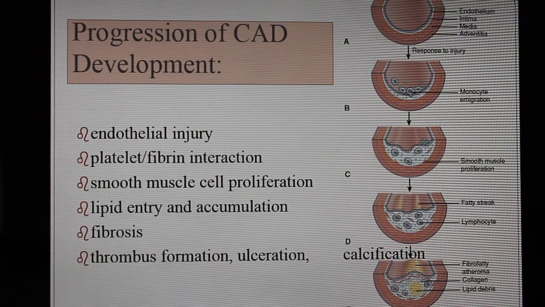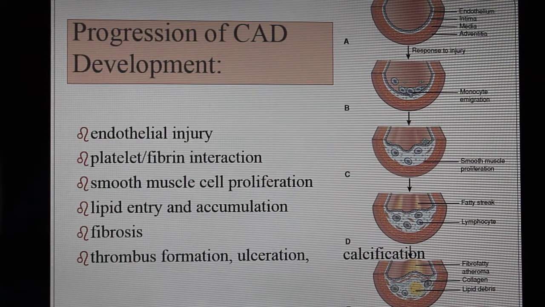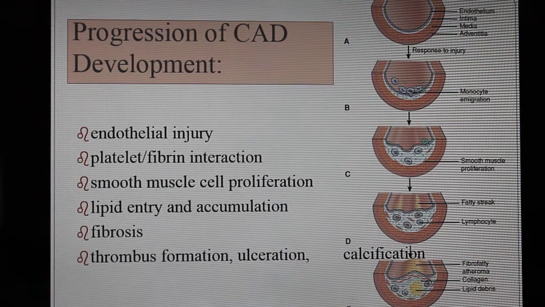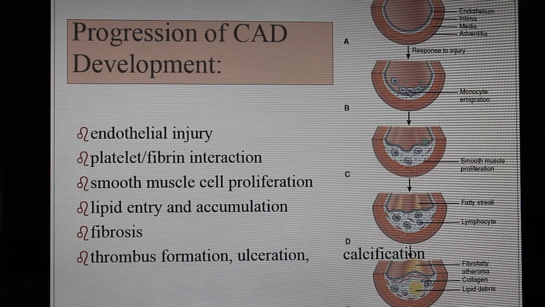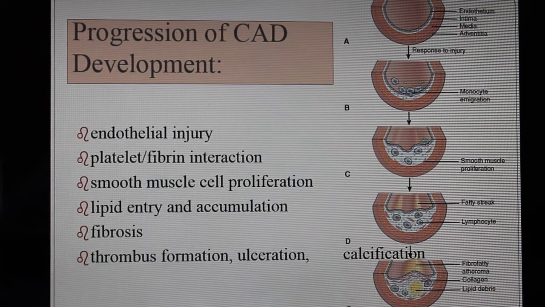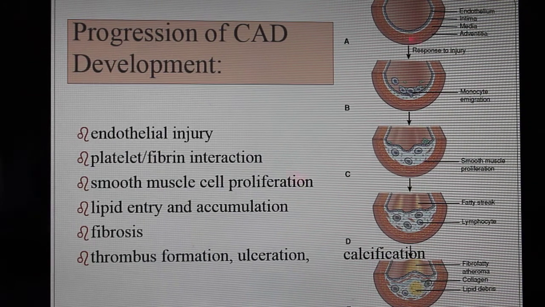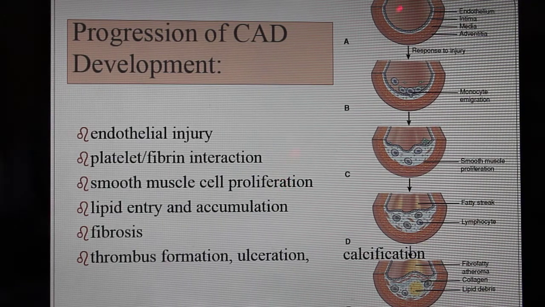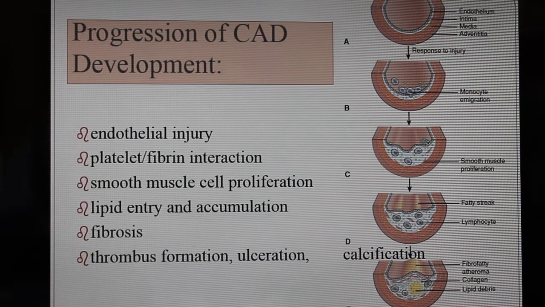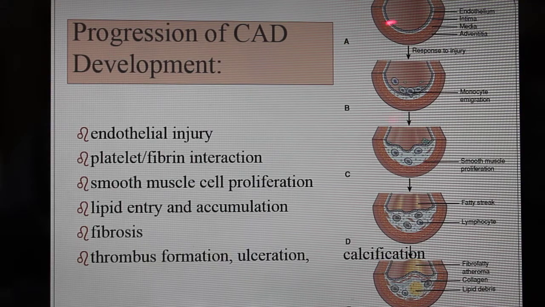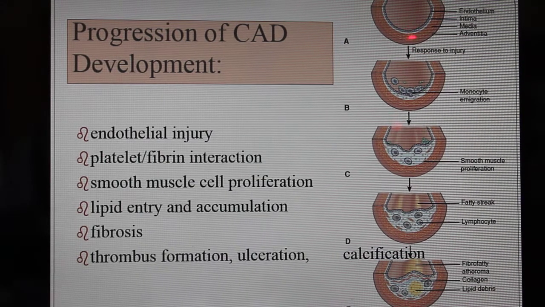Okay, so progression of development. This came right from your book. This picture here is right from your book, okay? So I want you to pay attention to this because this is the progression. This is how we develop plaque in our arteries. It's very simple. You can look here. This is A. We have a very nice little artery here. But usually what starts is, like it says right there on the screen, we'll have an injury to this vessel. Something will happen.